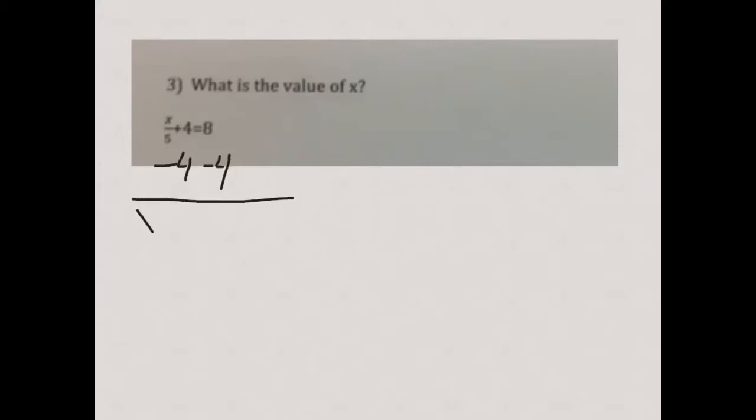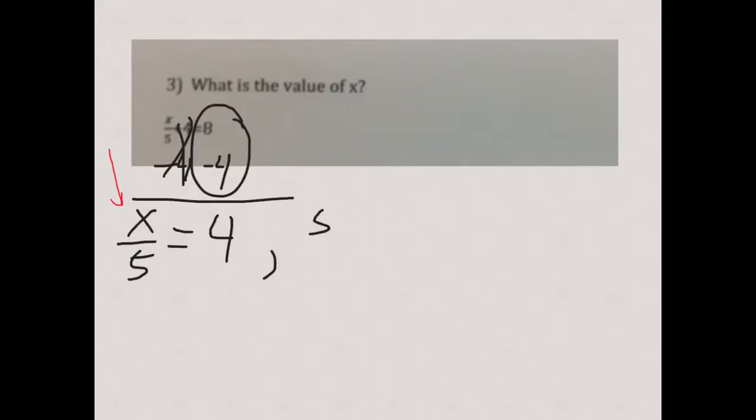So now I'm left with x over 5, because 4 minus 4 is 0, that cancels out. Let me bring my equal sign down, and then 8 minus 4 is 4. Now, this right here is saying x divided by 5. Well, the opposite of division would be multiplication. So we end up with 5 times x over 5, which we can write as 5 over 1, equal to